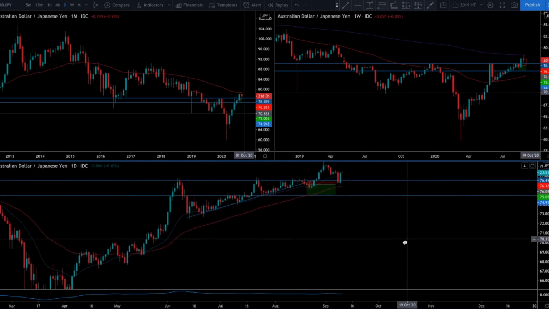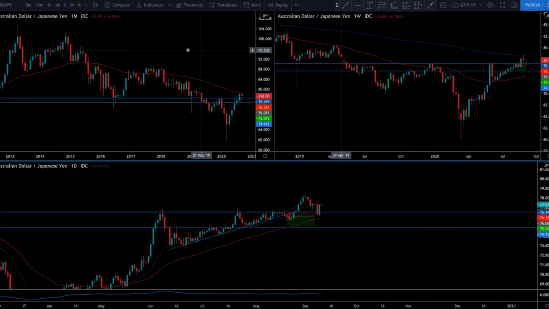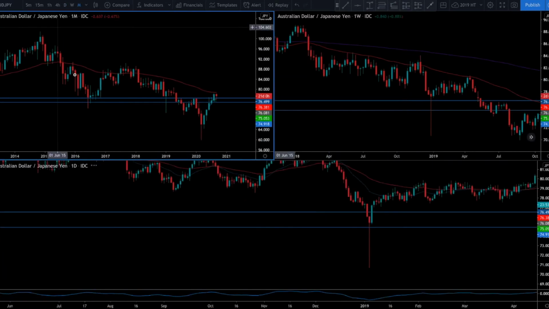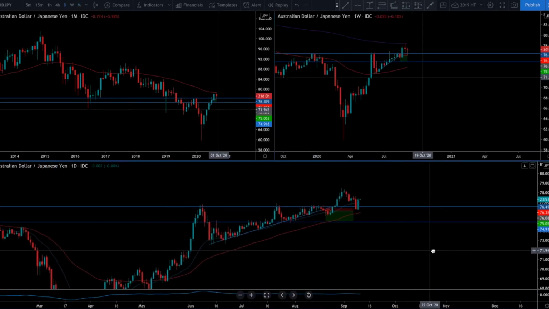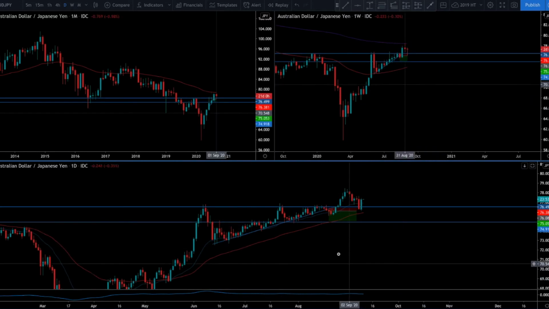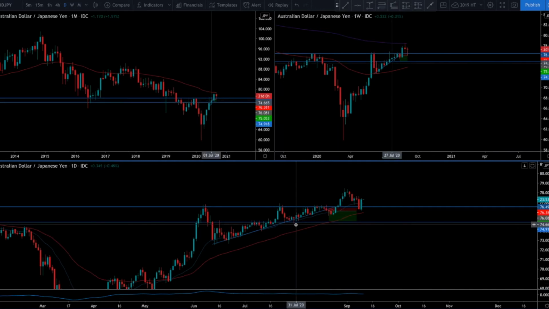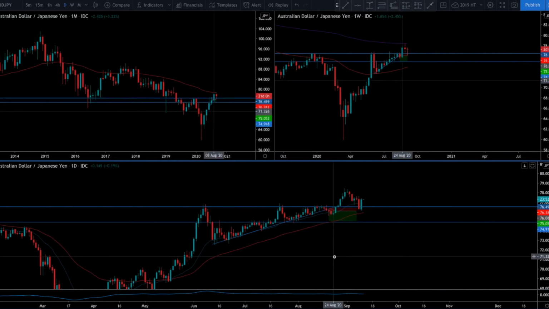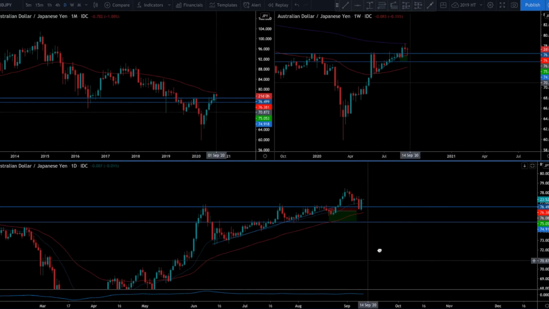We'll go ahead and start with the Aussie yen and just show you where I got in and what happened. So this is the monthly chart. This down here is the daily, and this up here is the weekly. Where I got in was right here on August 20th. After I go through these charts, I'll go down to the lower time frames and show you how I timed my entry. But as you can see on the daily chart,